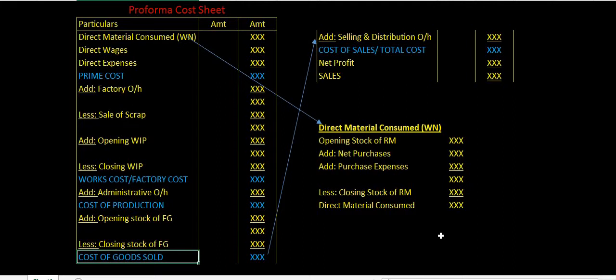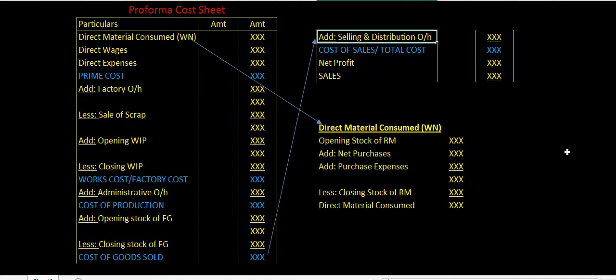So the total cost that we have incurred for manufacturing those units which we are selling, or which we are able to sell off. To this we will add our selling and distribution overheads, because we all understand that to sell goods we need to incur certain expenses. As soon as you add your selling or distribution expenses, what you get is called your total cost. That's the final cost that the company incurs. The term used for total cost is cost of sales.